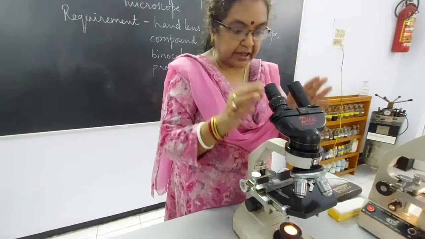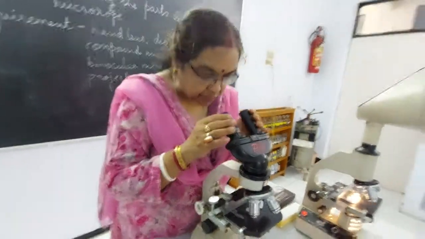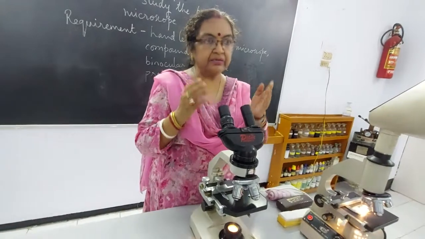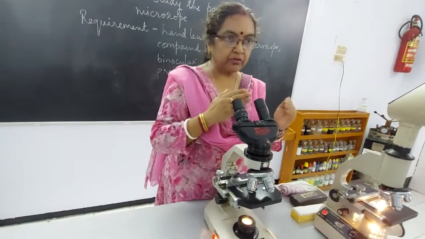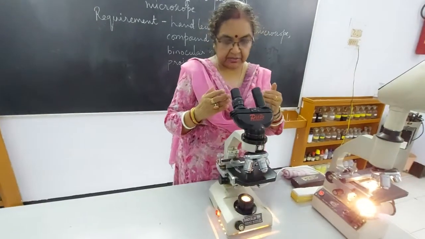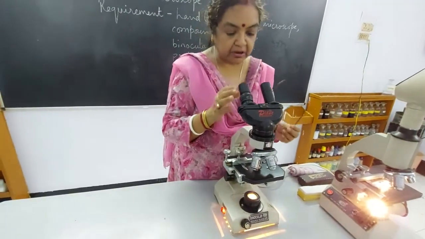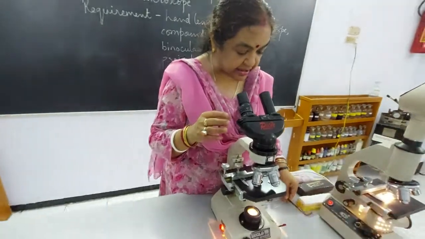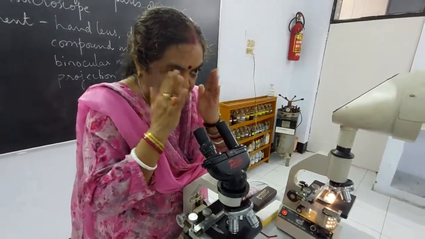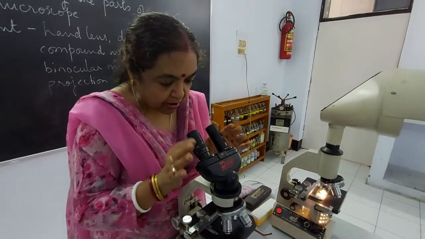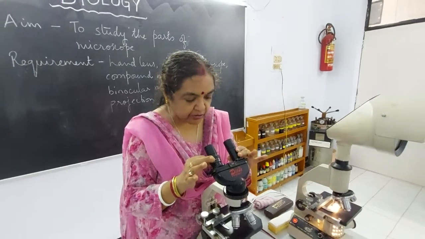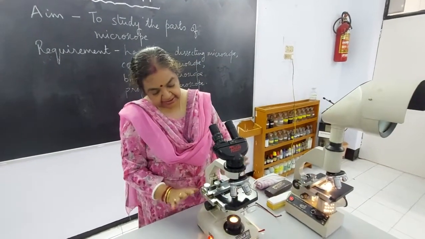Then another good thing about this is that we can use both our eyes together and look at the object. So our eyes will not become tired. In the earlier one we always have to close one eye and look with one eye, so we might feel tired after some time. In this we can see with both the eyes, and again there is an adjustment for the distance between the eyes also. If someone has eyes very close, then we can close this, or if someone has widely separated eyes, we can separate it. So this is very useful. Otherwise the same things are there.